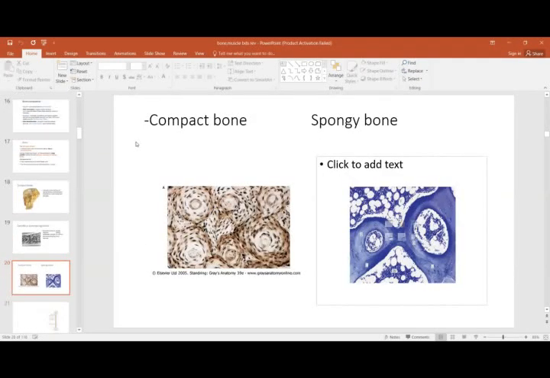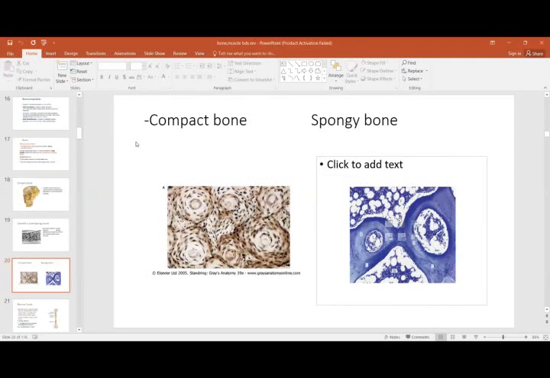So histologically, this is the histology of compact bone, and this is of the spongy bone. You can see that the spongy bone mainly contains spaces having fat or blood cells, and small septa which are formed by the bone tissue. And this is just the compact bone. You can see the Haversian system, which is the basic component of the bone, is very firmly and tightly placed.